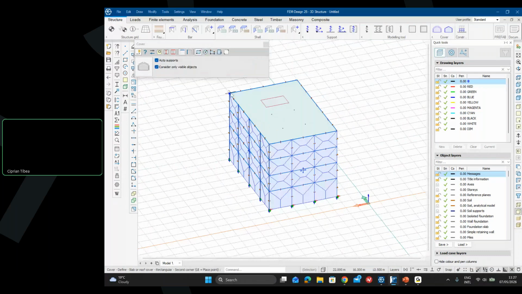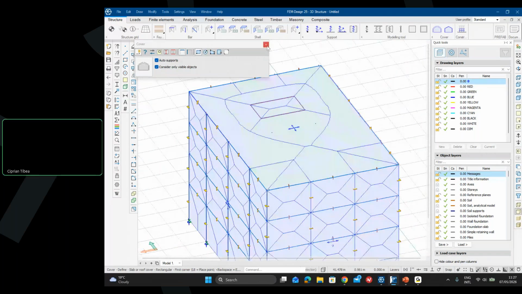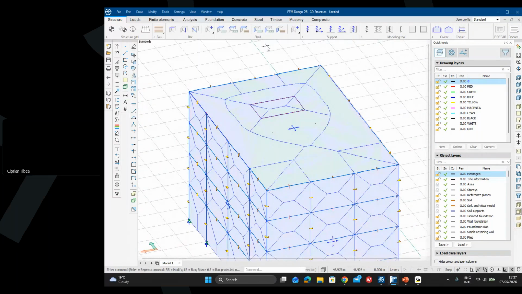And let's do one for the roof. Good. Okay. Now,